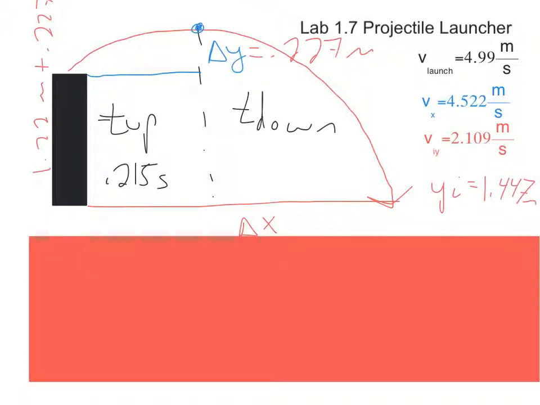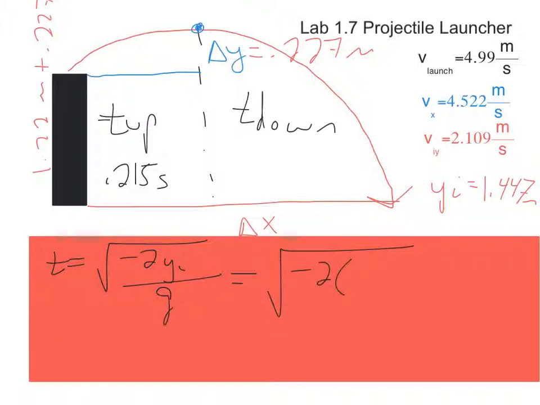All right, so my next step is to solve for the time down, and using my special case equation, I know that time down equals the square root of negative 2 yi over g. So if I go ahead and plug that in, I have the square root of negative 2 times my yi, which is my new yi, 1.447 meters, divided by g, which is negative 9.80 meters per second squared. And if I plug that into my calculator, I get,